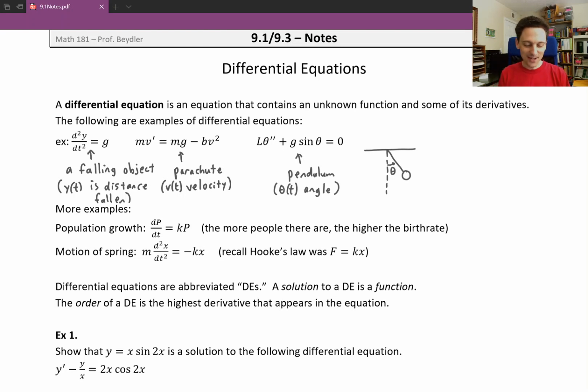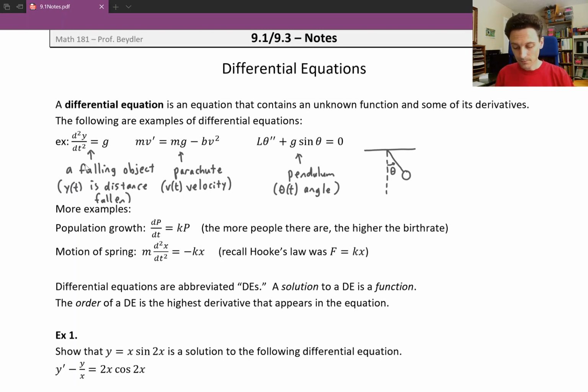So a differential equation is an equation that contains an unknown function and some of its derivatives. Below are some examples of differential equations. We have the second derivative of y with respect to t equals g, where g represents that constant 9.8 meters per second squared. This is a differential equation that models the distance that an object has